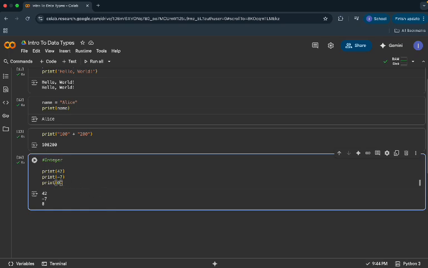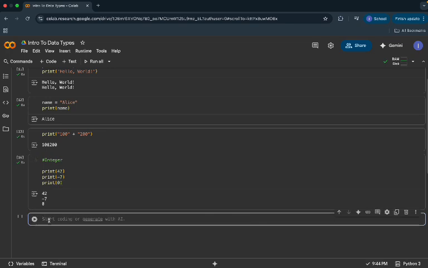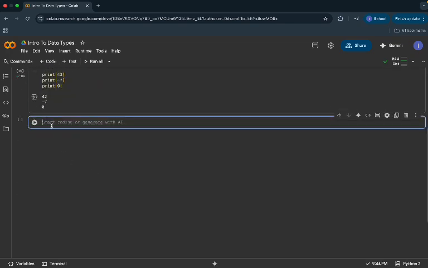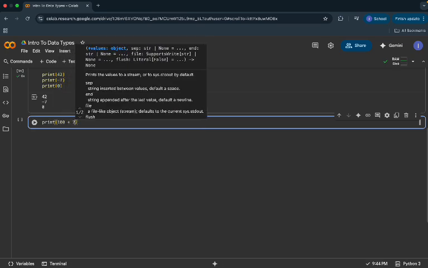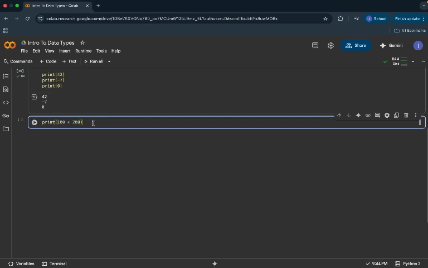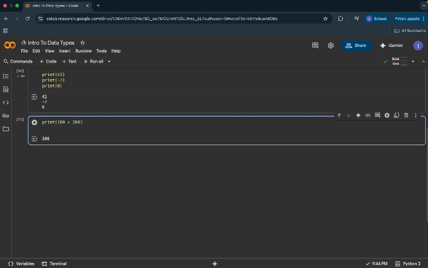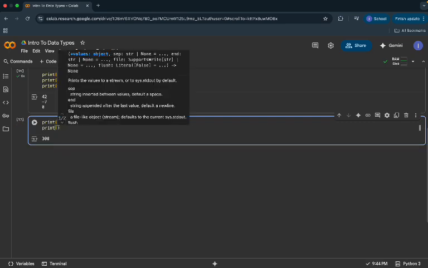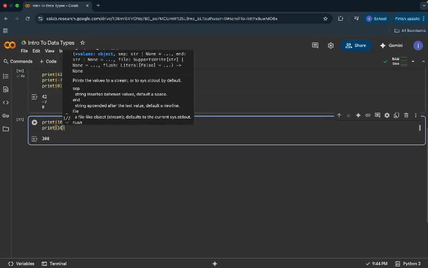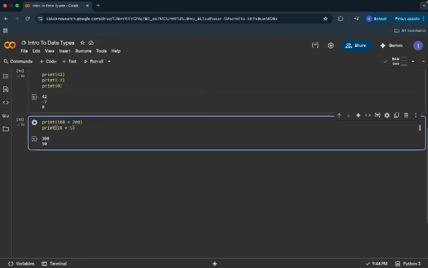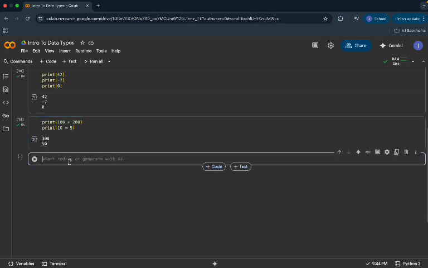So if I wanted to do a calculation between the numbers that I used beforehand, I can do 100 plus 200, and then that should make 300. Or I can use multiplication, like 10 times 5, which would be equal to 50. So integers are equal to whole numbers and they should have no decimal points. Now, moving on to